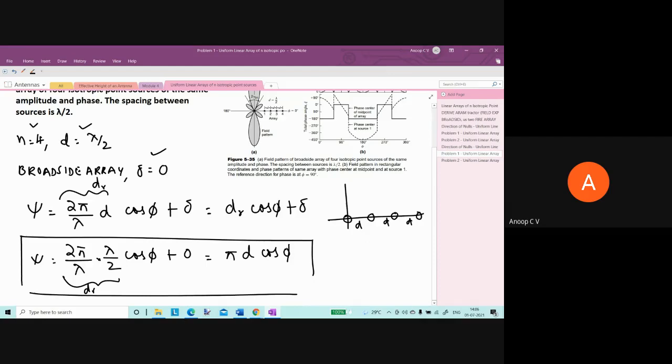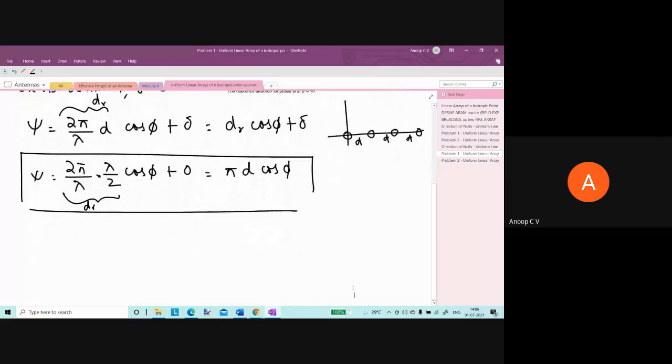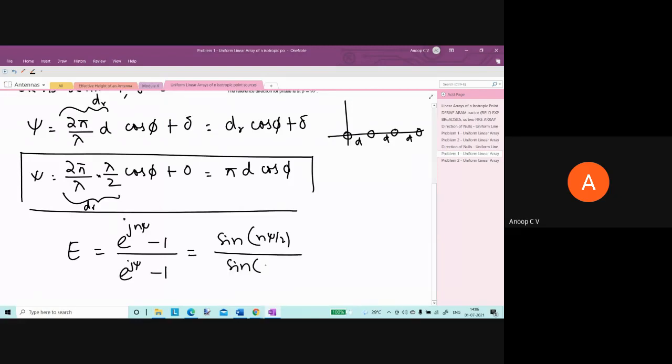And we are not doing it. We know the final expression. What is the final expression? We already know it. We obtained the final expression yesterday: the actual E can be written as, if you remember, e^(jnψ) minus 1 divided by e^(jψ) minus 1, and this we equivalently wrote as sine of nψ/2 divided by sine of ψ/2, angle (n minus 1)ψ/2. So this was the actual field expression.